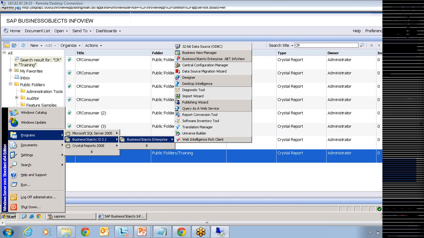We don't have any transport here. Here we have only Import Wizard, like how we published using Publishing Wizard. In the same manner, Import Wizard helps us to transport the content of one Business Objects server to the other Business Objects server, which is on demand.